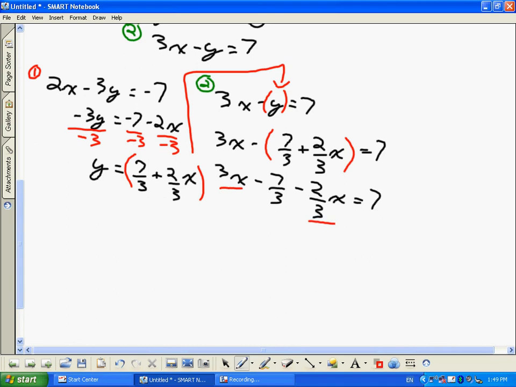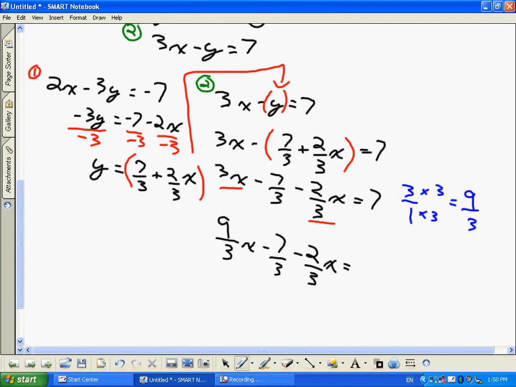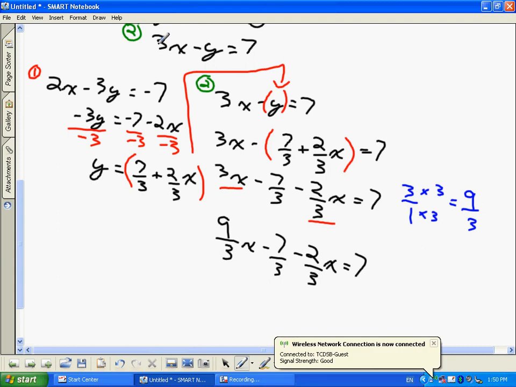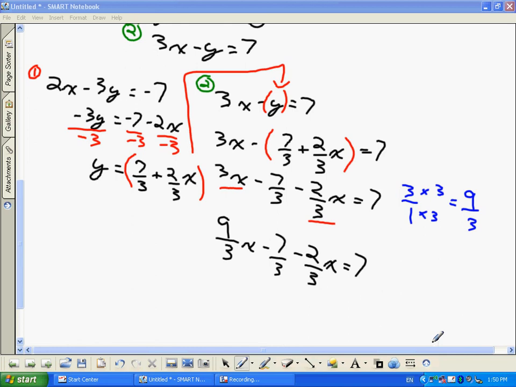So what that means is in order to combine these, I need a common denominator. I need to turn 3x into a fraction with a denominator that is equal to 3. So 3 as a fraction is 3 over 1. I multiply the top and the bottom by 3. 9 over 3 is what it becomes. So we're going to have 9 over 3x minus 7 over 3 minus 2 over 3x equals 7. When I go to subtract these two, 9 over 3 subtract 2 over 3,